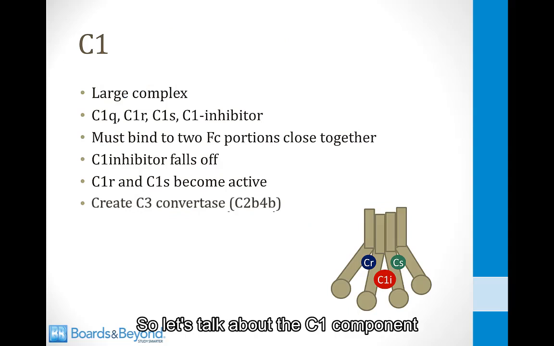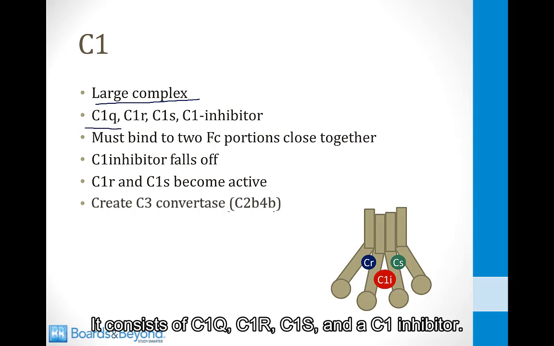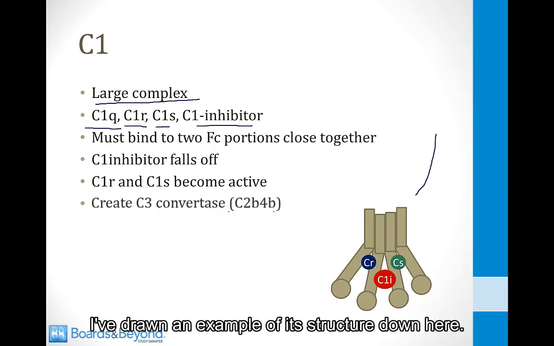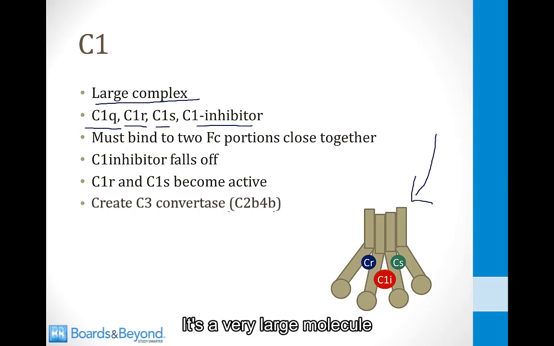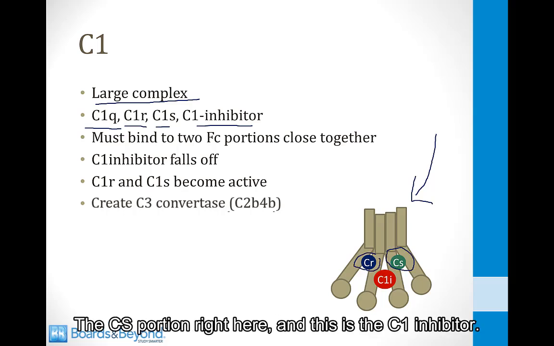So let's talk about the C1 component of the complement system, which is involved in the classic pathway. It's a very important complement protein. C1 is a large complex, and it consists of several different molecules together. It consists of C1q, C1r, C1s, and a C1 inhibitor. I've drawn an example of its structure down here. It's a very large molecule, and it contains the C1r portion right here, the C1s portion right here, and this